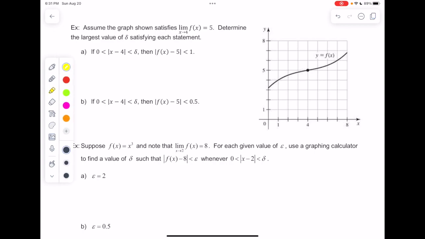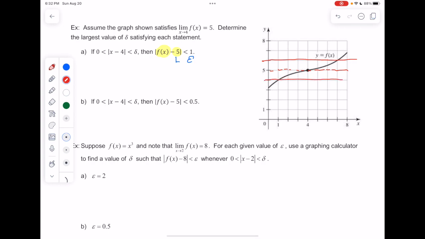Let's get back to some normal colors. So here's our function. So what's this 5? Well, according to what we've been doing in the definition, that would be the L, and then this would be the epsilon. So if we wanted to do the picture stuff that we saw up above, then let's draw horizontal lines where we take that distance that they're challenging us to get our function within 1 unit of 5, and